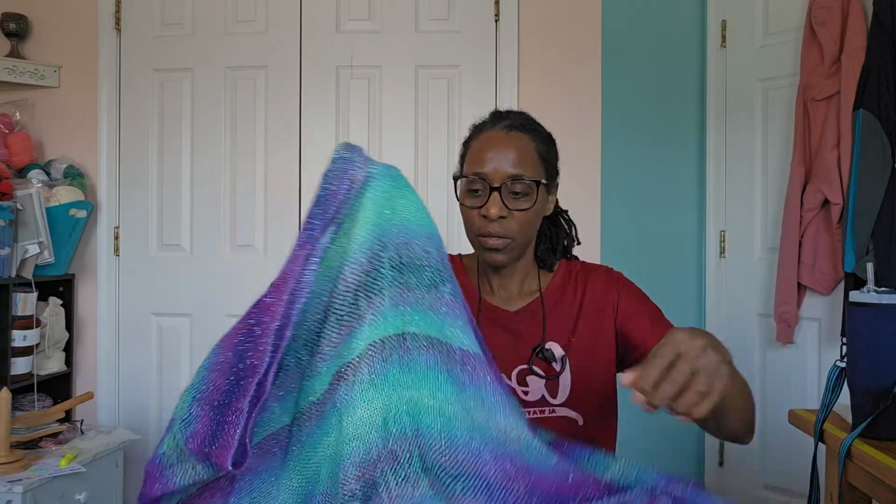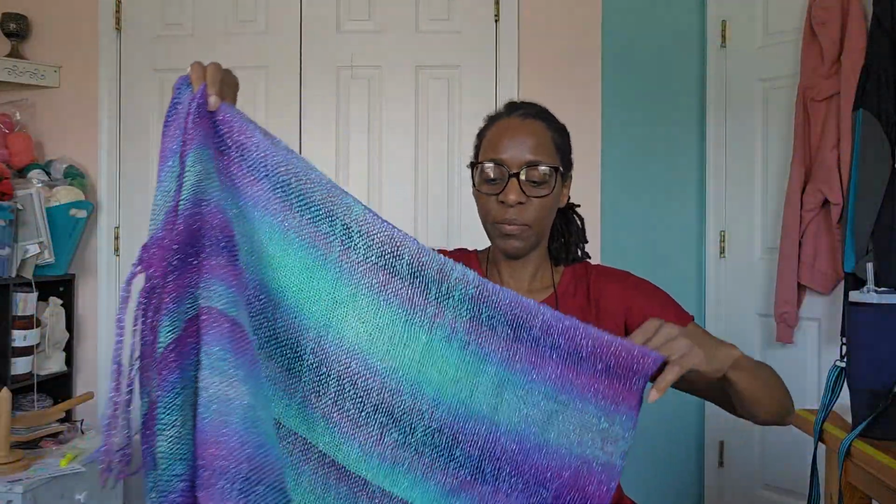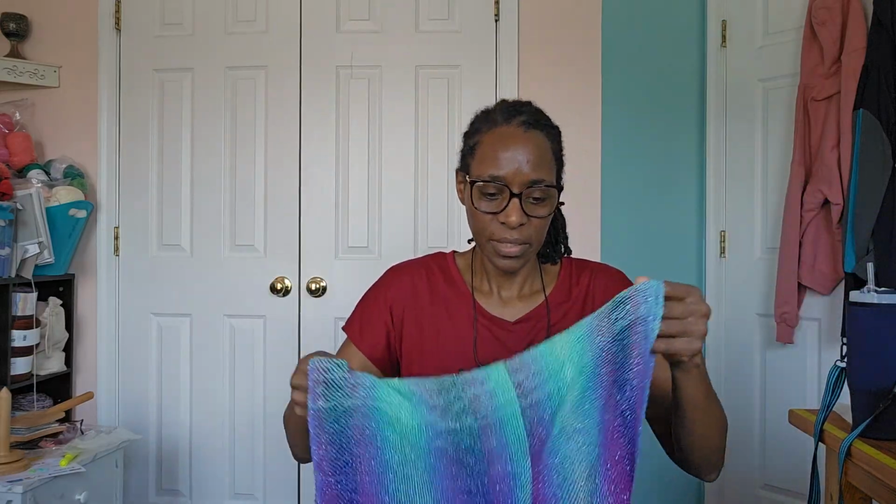So anyway, this is just a wrap, one of the ones I made for my friend. I have to still do the tassels and things like that, but oh my gosh, this is so pretty. This is definitely my favorite colorway, even more so than the purple one, and purple is my favorite color. So anyway, there's this one,